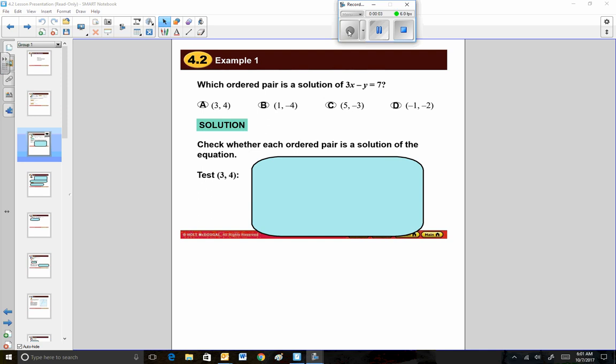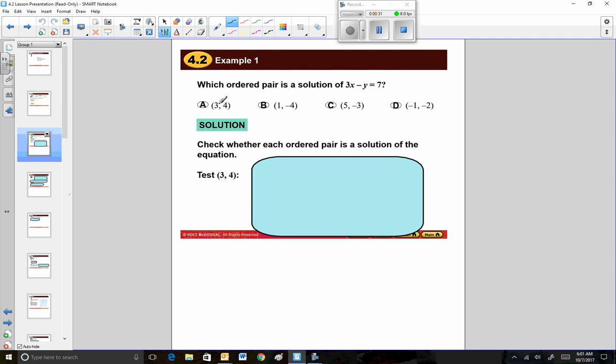On equations of lines and being able to graph them also. Let's take a look at what we have here. Which ordered pair is a solution of this equation? Now this is an equation of a line, and you'll recognize that by x to the first and y to the first power. So the first thing we're going to do is take a look to see which one of these, A, B, C, or D, actually is an ordered pair that's a solution